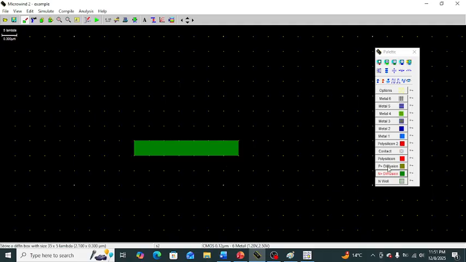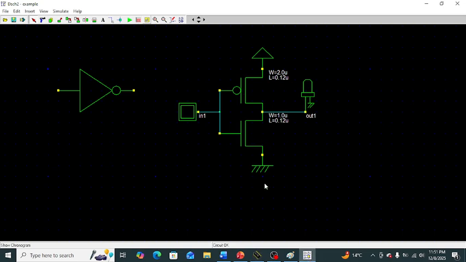We take the N diffusion layer for the NMOS transistor and the P diffusion layer for the PMOS transistor. As in the schematic, this NMOS is connected to the ground supply and this PMOS is connected to the VDD supply, that is, the source terminal of both NMOS and PMOS is connected to the supply rail.